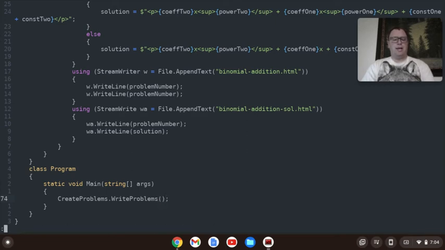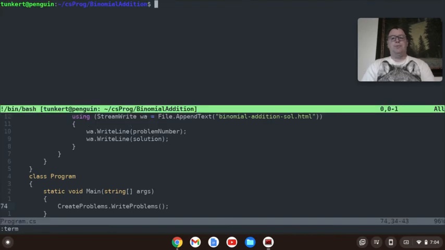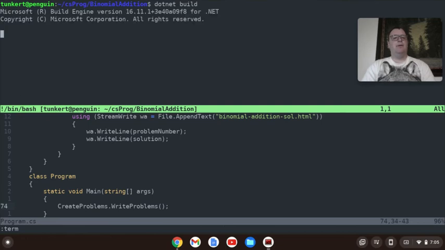And let's check this out. So I'm going to open a terminal here, and all I'm going to say is dotnet build to start. And it might get a couple warnings, but hopefully we won't get any errors. So let that run for a moment. Okay, it's going to take a moment to build it. It's taking a little bit longer because I'm recording. Usually it's quicker than this, but